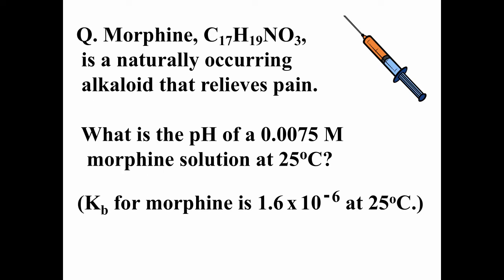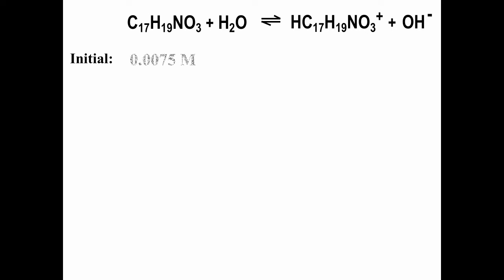Well, if we know the K sub B value, and again this is a number that can be found in tables, then we have pretty much the same problem as we just did, but now for a base rather than an acid. And of course we have to remember that what bases do is dissociate water, and so this base, morphine, will make its conjugate acid, which is the same formula but with an H plus added on, and then OH minus comes from the dissociation of water by this base, and our initial concentration is 0.0075, where again